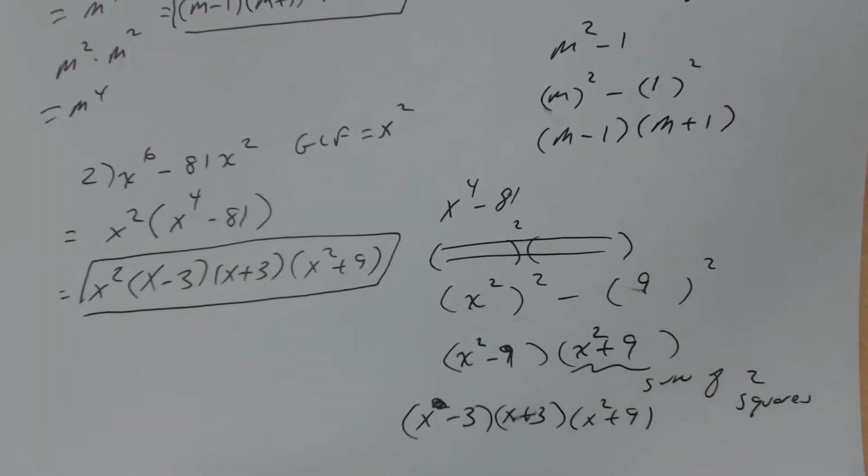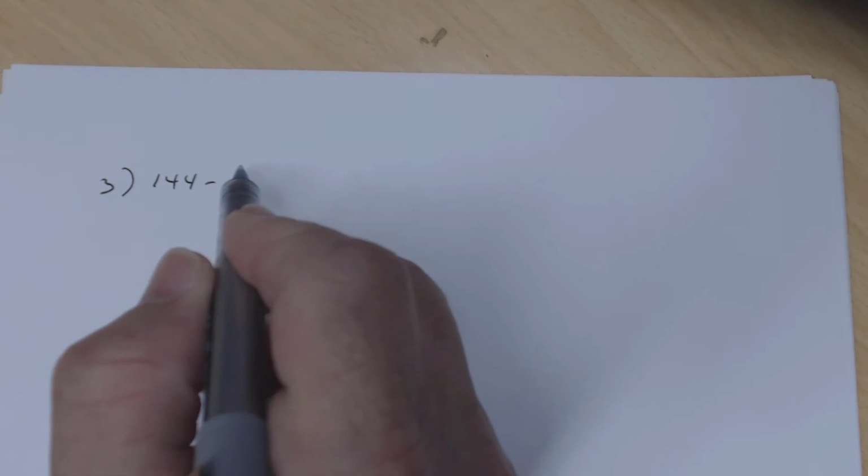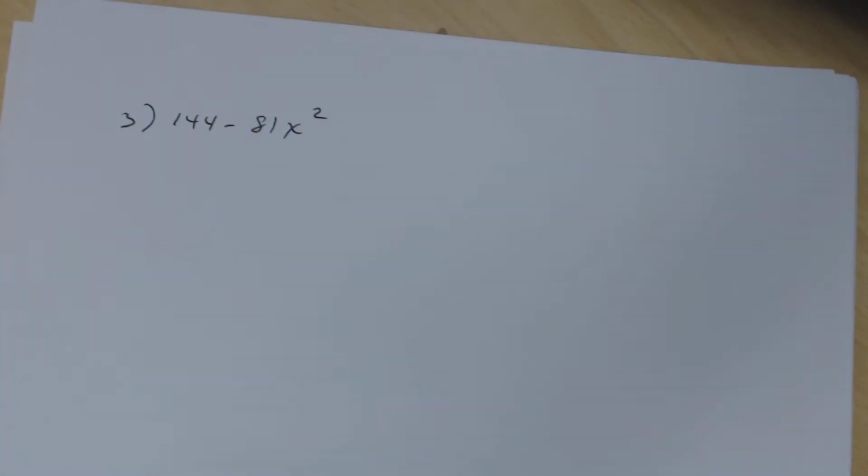Okay, let's suppose we want to do this one. So this is going to be, let me do the next page. We're going to do one more with this. So 144 minus 81x squared. So 144 minus 81x squared. All right? Okay, now,